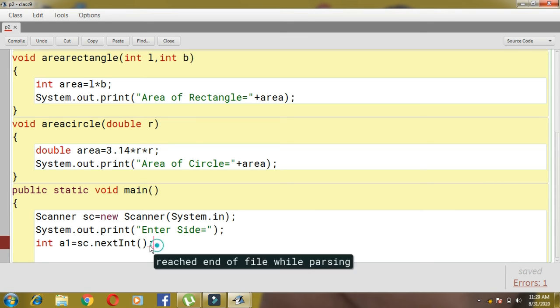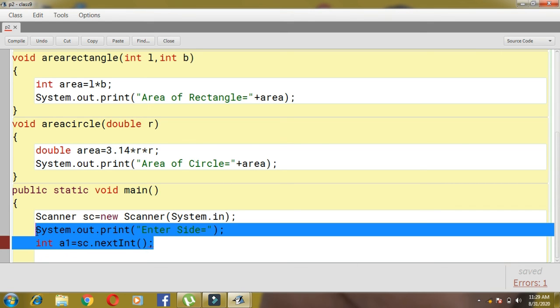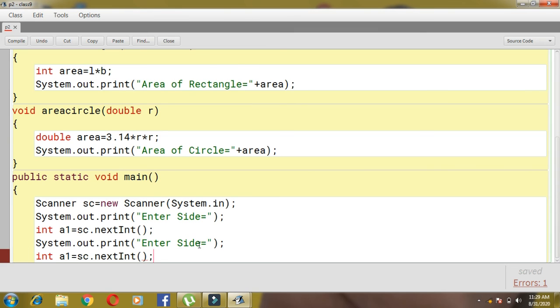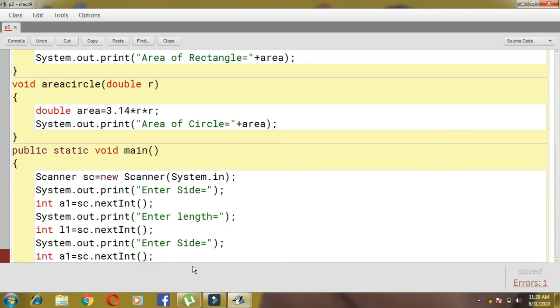Now children, we can simply copy this part, because the same thing we need here, but enter say length, that is I will take as L1, then enter. I'll write here breadth and I'll give as B1.